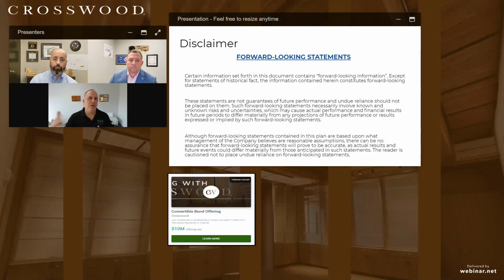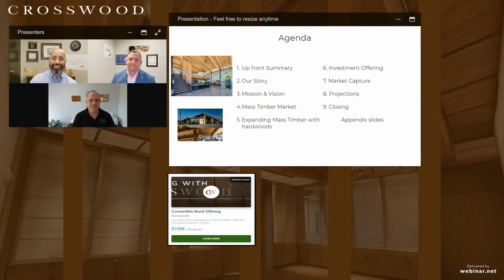We're going to talk about forward-looking projections, and they are just projections. If you would take a moment to read the slide, that's our standard disclaimer around these projections. These are our projections as a result of some business planning the team has done, but actual results may differ. So with that, Jeremy or Kurt, whoever it is, I'm turning it over to you. Take it from here.